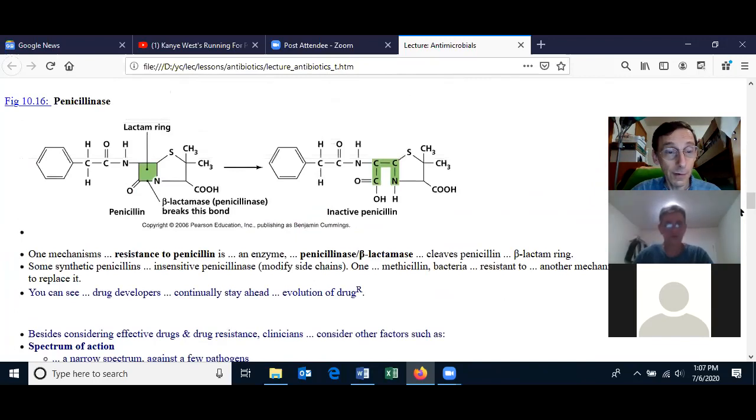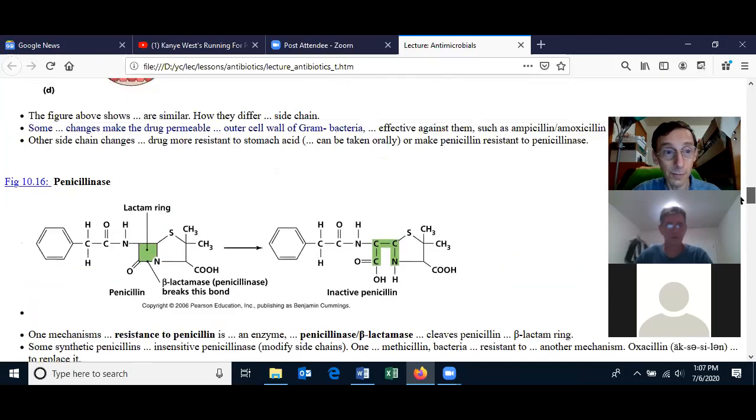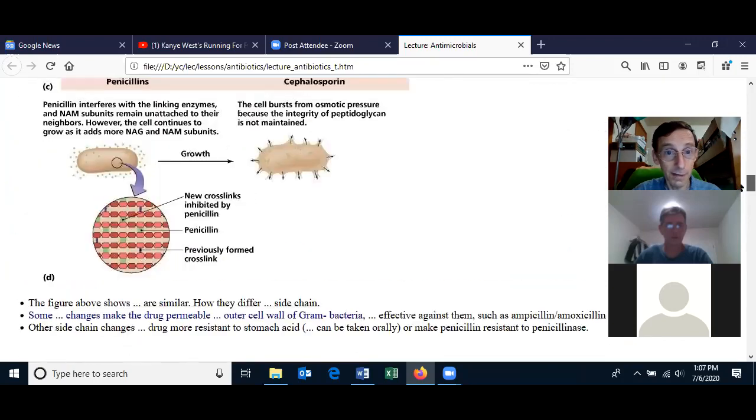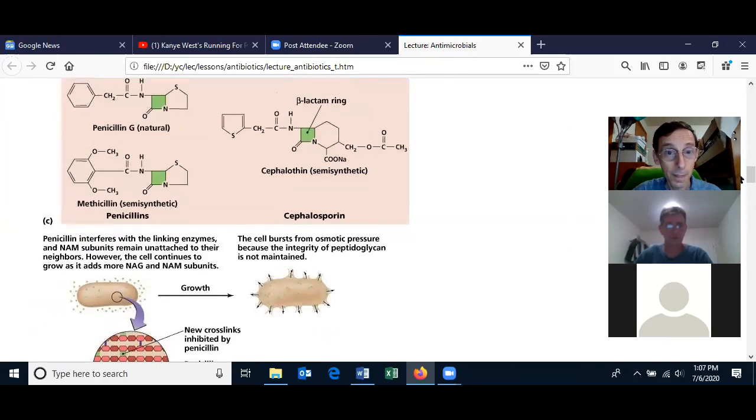We'll talk a little bit more about that, but just doing a little bit of review here. And the active ingredient for the penicillin family is the beta-lactam ring, this ring here, which is actually found also on another family, the cephalosporins. And it's a totally different antibiotic, but it still has the beta-lactam ring. These are members of the penicillin family, and that's a cephalosporin.